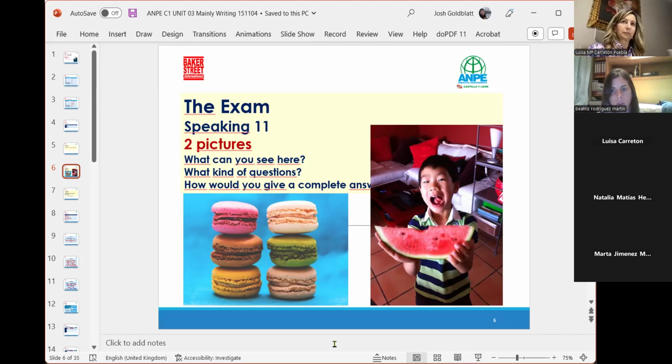Now, with this one as well, when we're talking about the differences, or when we're talking about which is your preference or which is the best one, we actually need to give some examples. Okay, so it's fine. Eat fruit because it's healthier and really good, and the children will be happier, and it's a good option. And too much sugar is not so good. Yeah, absolutely. But we need to give some more examples then.